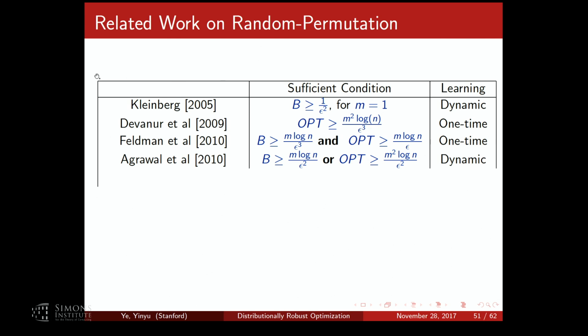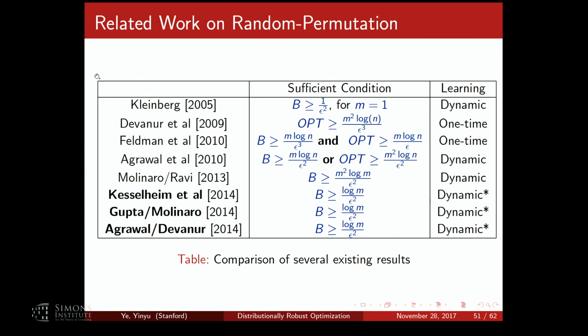If you still remember, forget this log term. Our lower bound is log m divided by epsilon squared. Remember, if B is less than that, you cannot do it. However, there was a gap, so there was another piece of work. In the following three pieces of work, which happened in the next couple of years, it turned out our lower bound is tight. You only need B to be greater than log m divided by epsilon. I'm just omitting some log terms or constants.